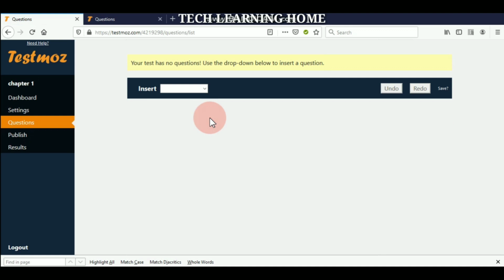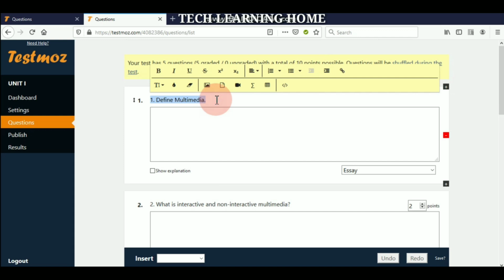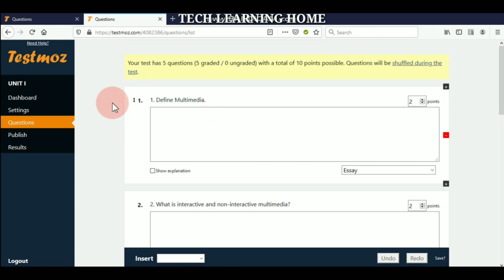After saving the settings, it will immediately open the question portion. Here you can give the questions by choosing the insert option. Here I have typed 5 questions.